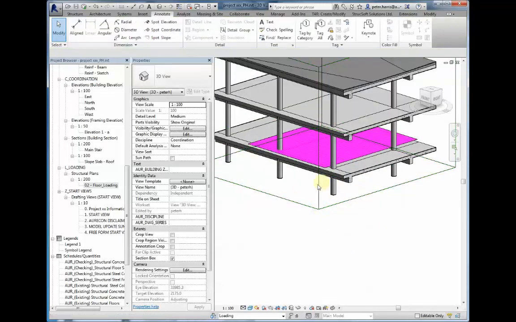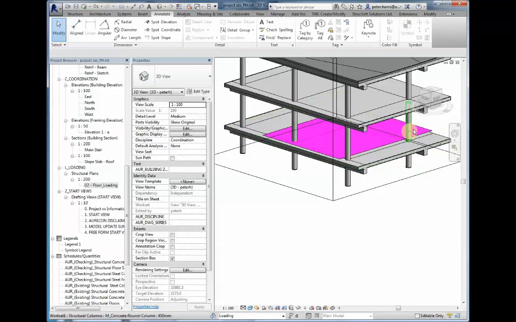So in the 3D view, it's nice and clear now where our loading area is. And again, as per previous samples, if saving this view,